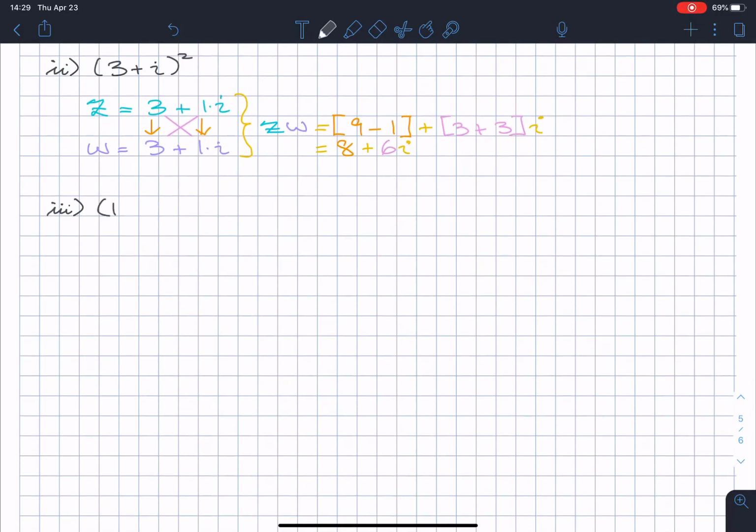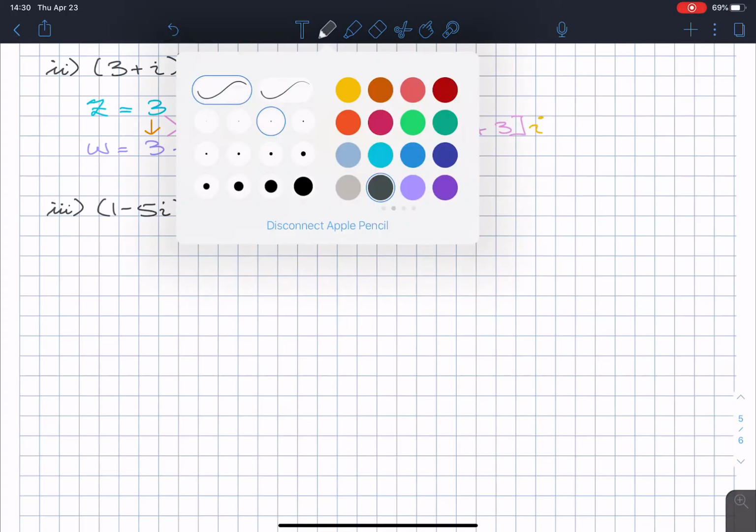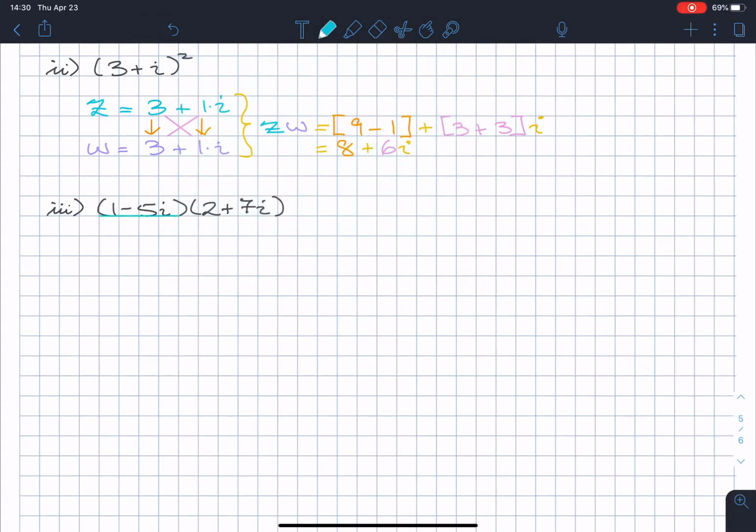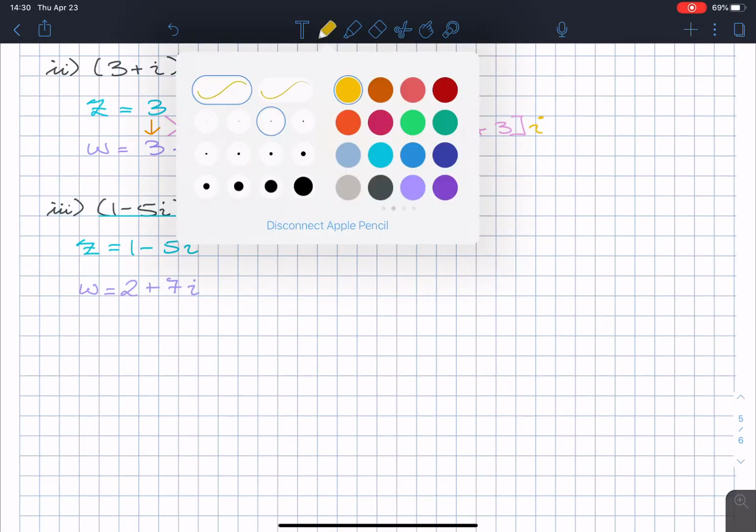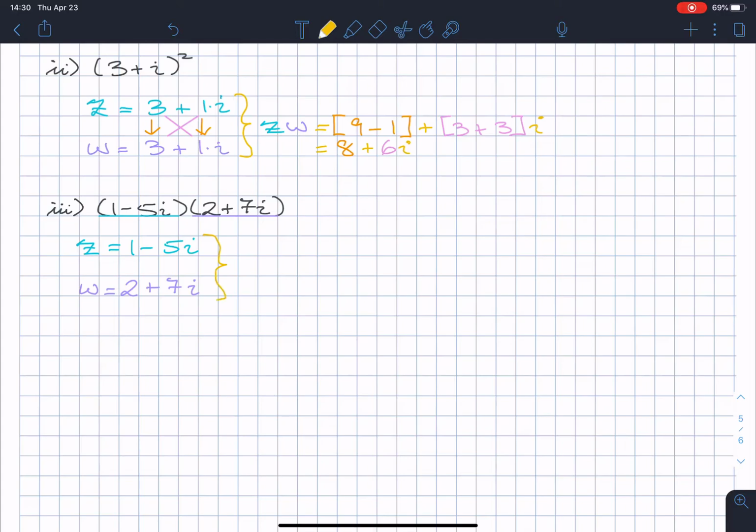Okay, so number 3. I kind of prefer this method to FOILing, but it's up to you. So let's say we have 1 minus 5 times i times the quantity 2 plus 7 times i. Once again, I'll call this my z. So my z is 1 minus 5 times i, and my w will be 2 plus 7 times i. So therefore my product, z times w, will be equal to